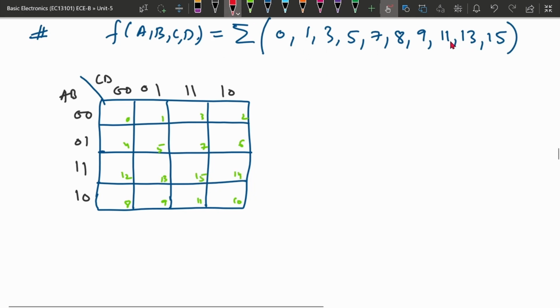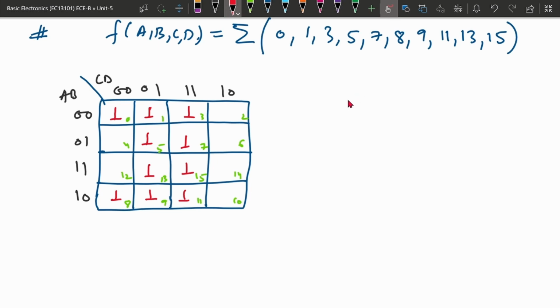So once we have been given the minterms, we can write it in this way. 0 is available, so for 0 we will put 1. 1, 3 is also there, 5 is here, 7 is here, 8 is here, 9, 11, 13 is here, 15 is here. Okay, so if we talk about the 4 variable K-map, there the procedure will be,